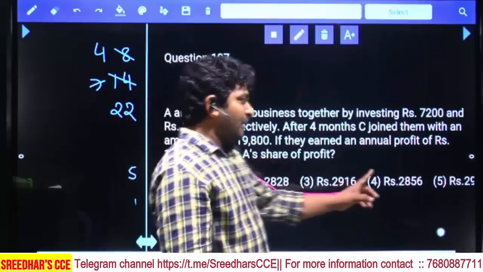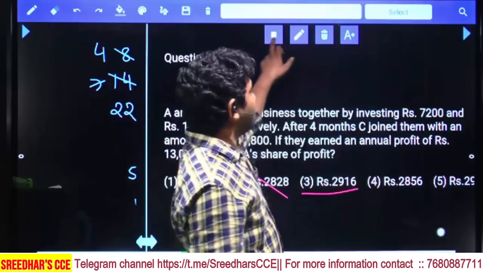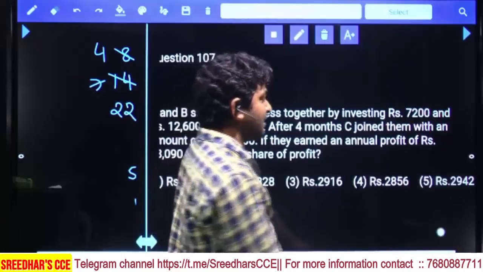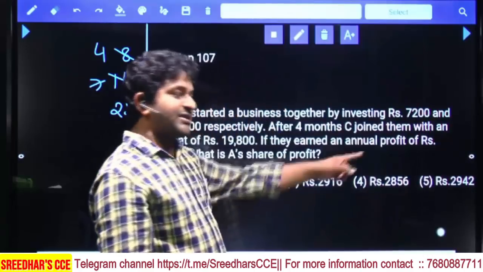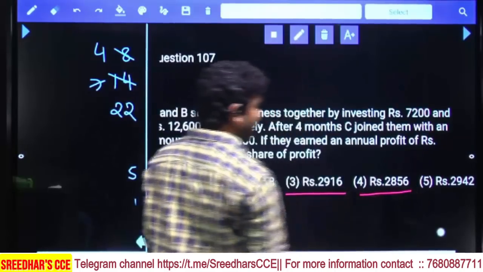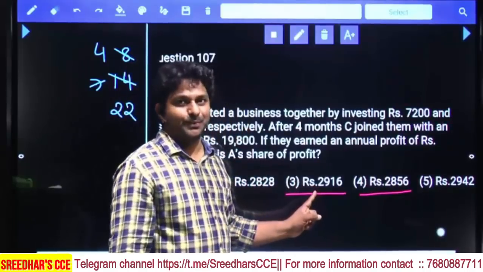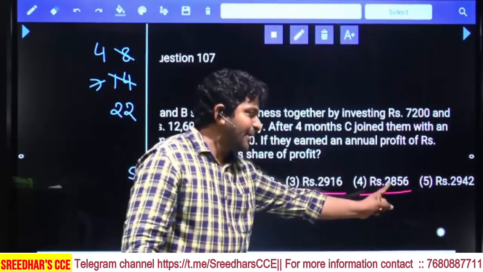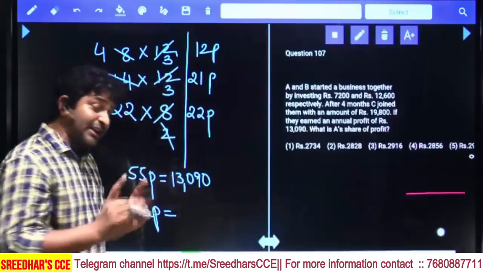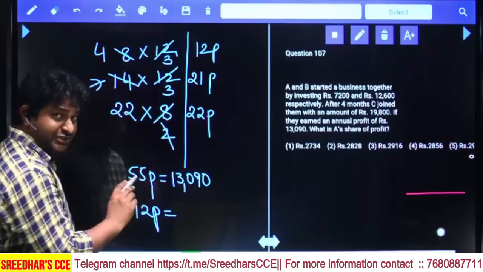Hold it. Next here we have 3 multiple. This may be your answer. Fourth is also possible. Last option, fifth option is 2942. That is not 3 multiple. Answer is either third option or fourth option. If you observe properly, this is 9 multiple also. But this is only 3 multiple. Just check whether answer is only 3 multiple or 9 multiple also. 55, this is not 3 multiple.